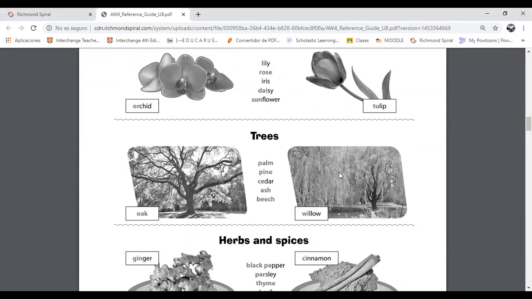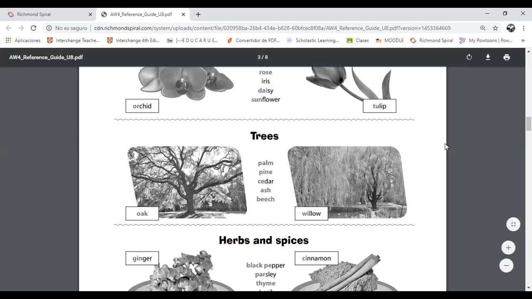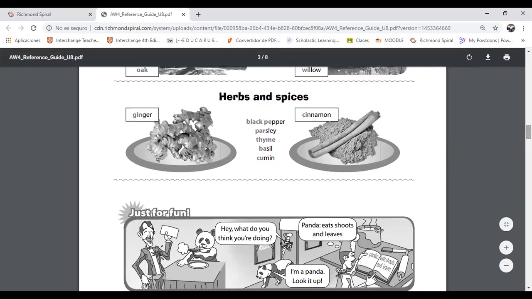This tree is very important, and I'm going to tell you why next class. Actually, this tree is very amazing. I'm just going to give you a hint. This tree is related to aspirin. Yes, very interesting information next class. Right here,